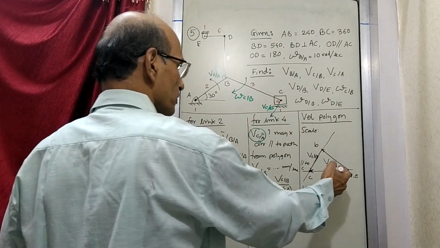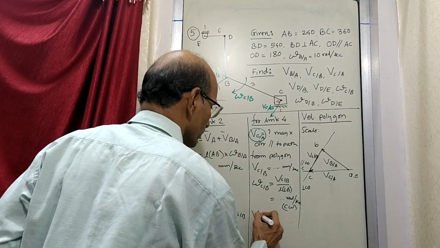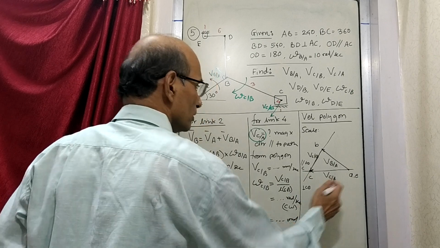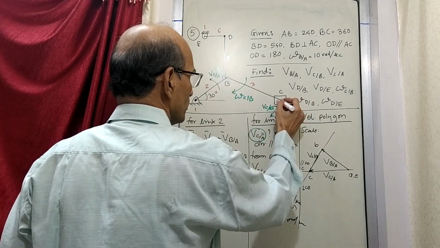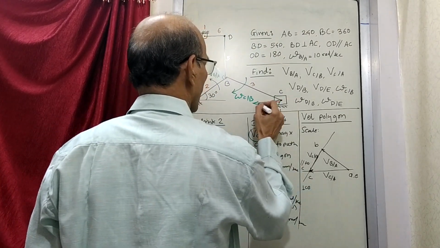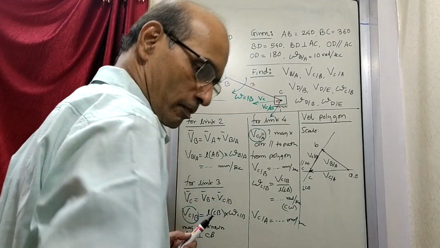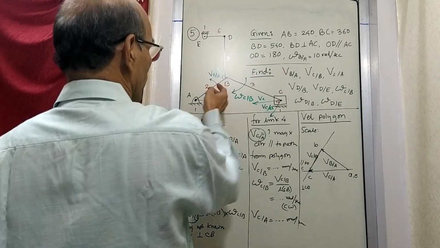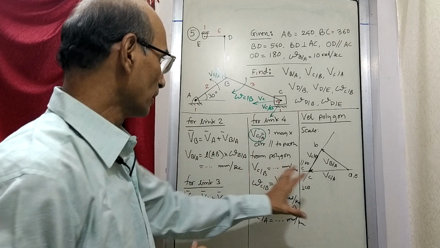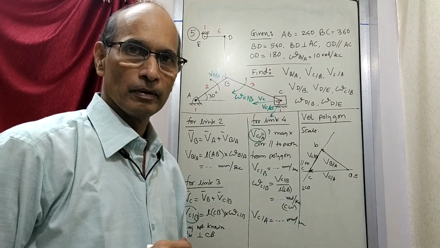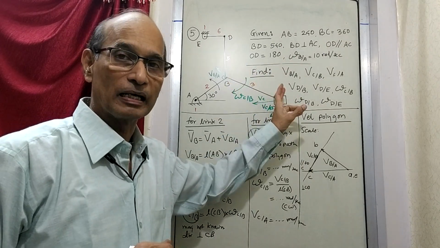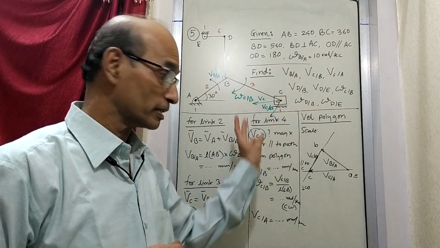And then velocity of C with respect to A is equal to this much millimeters per second, which is towards left. So this will be velocity of C. C is moving like this because this link is rotating like this, which is quite obvious. So we are done up to this much and we have drawn a polygon for this part, which is just a simple problem of slider and crank, which is problem number 2. So same thing we are done.